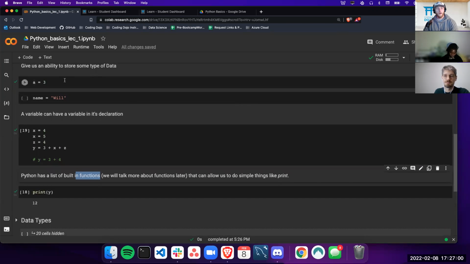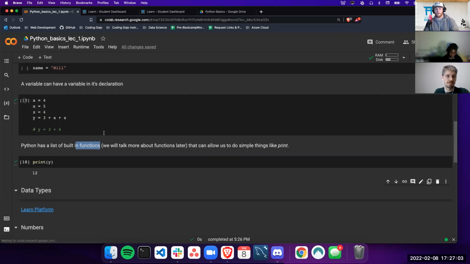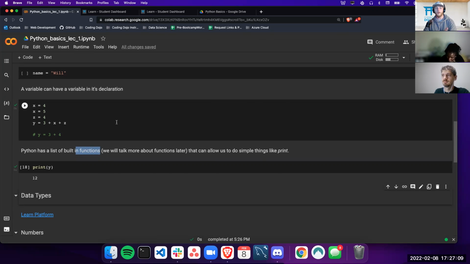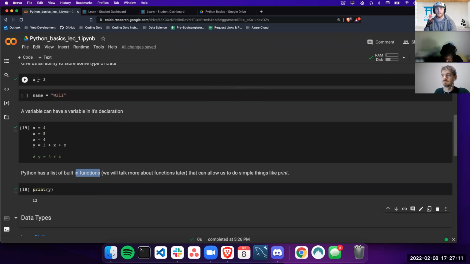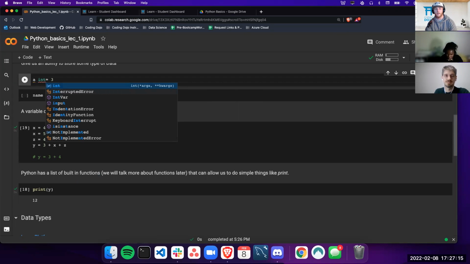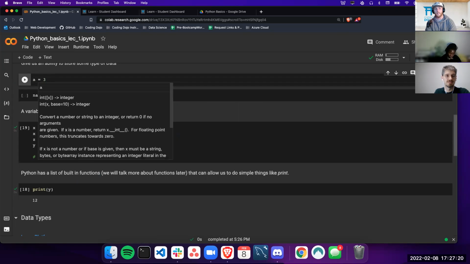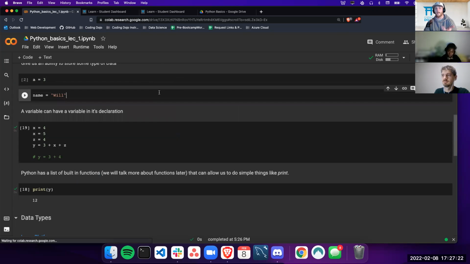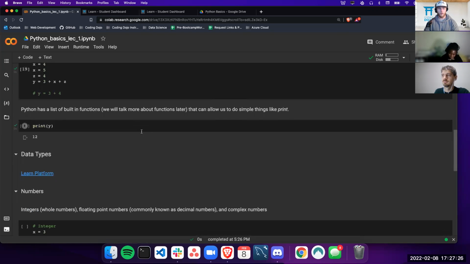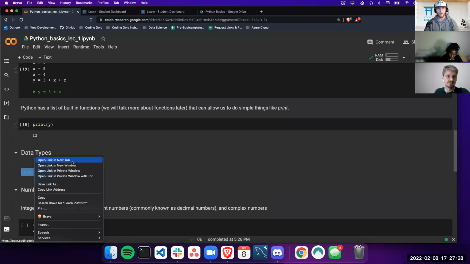Cool. So whenever we declare a variable, what Python does is it reads it and it decides what type of value that is, right? We've said that we don't have to declare it. Like I don't have to say this is technically an int, right? It's an integer because it's a number. I don't have to say that, or I don't have to declare that it's a string or Boolean. It just interprets and decides what it is. Now, if I go to the Learn platform,